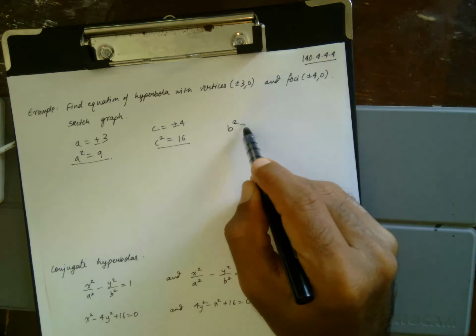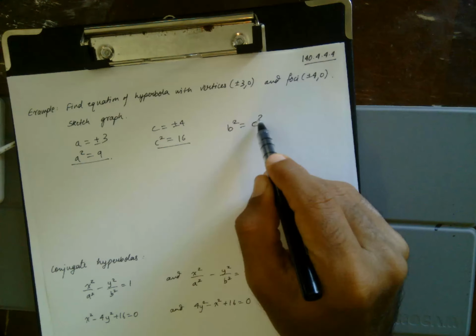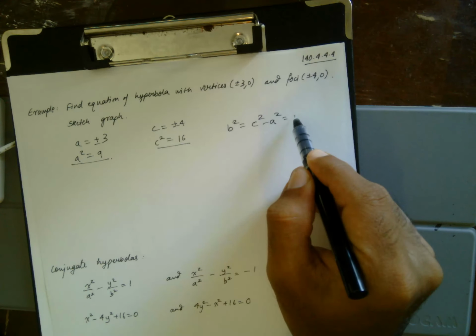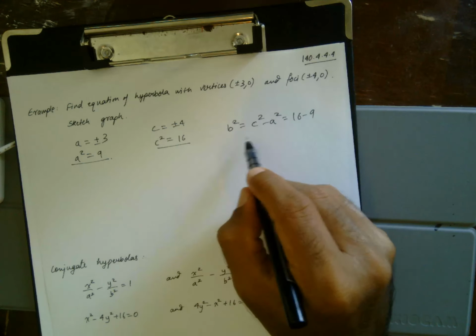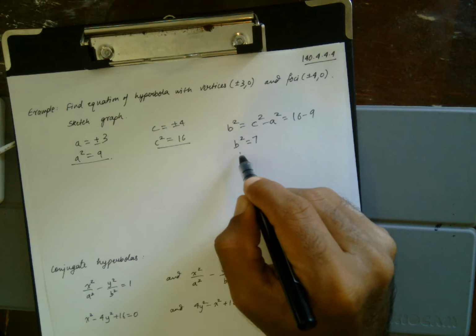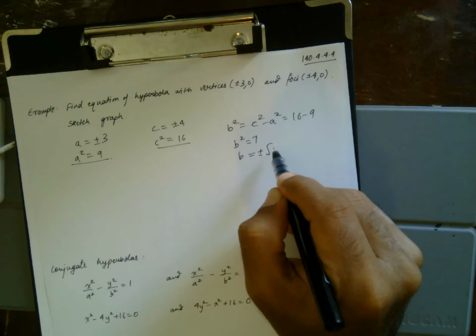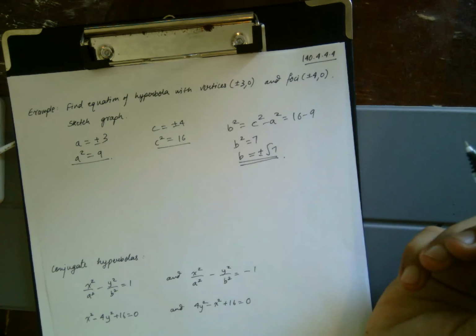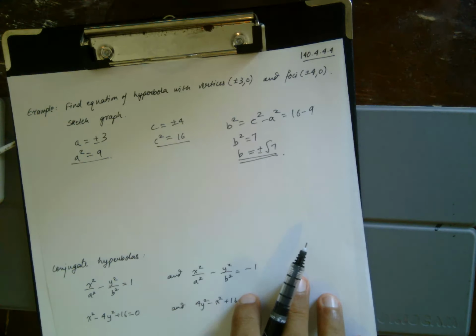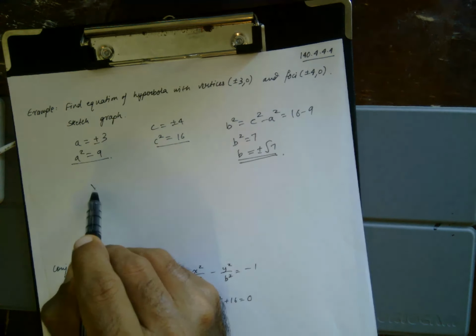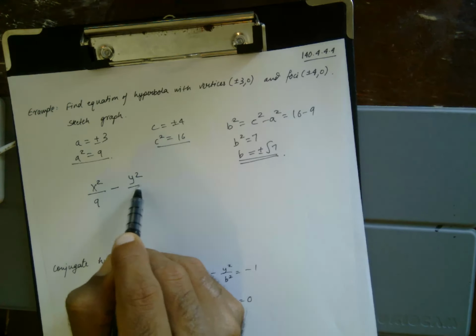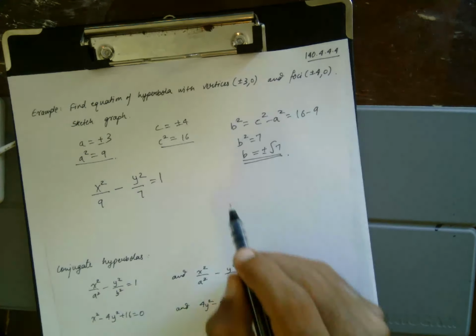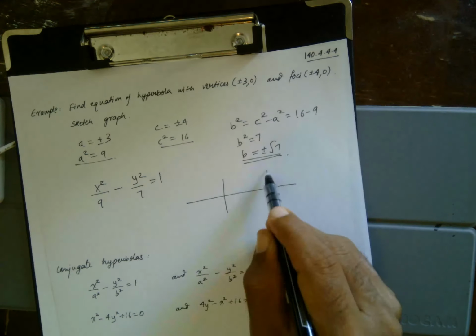So B squared is C squared minus A squared, which is 16 minus 9, which is 7. So B is plus minus root 7. So A is still larger than B, so the equation is x squared over 9 minus y squared over 7 equals 1. And the rough sketch: